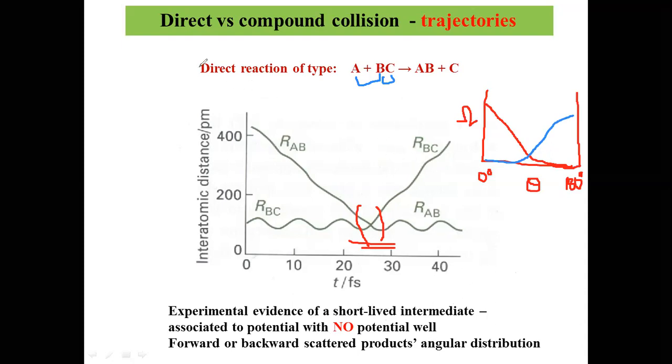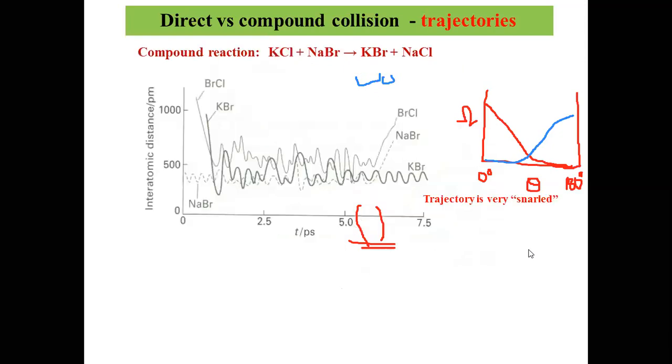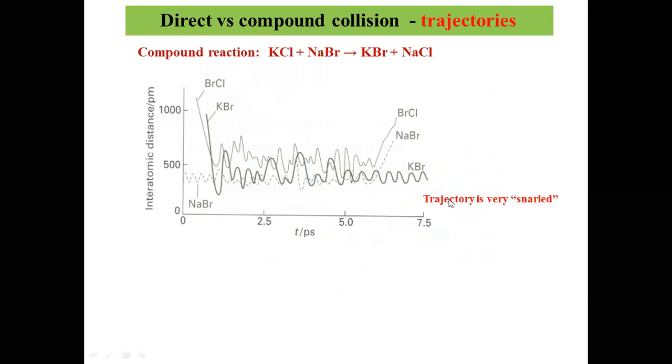Okay. Now, in contrast, if we go for a complex reaction, for example KCl plus sodium bromide, right? In that case, I'm just going to plot here. Look at here. This is the initial distance between sodium and the bromine, so NaBr, and then